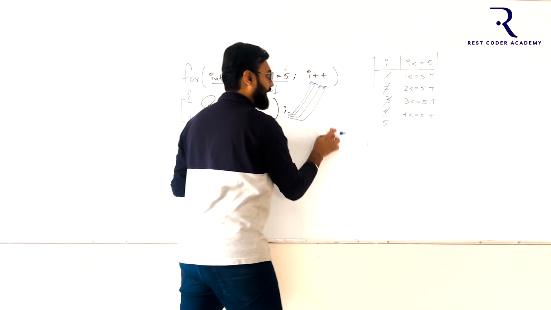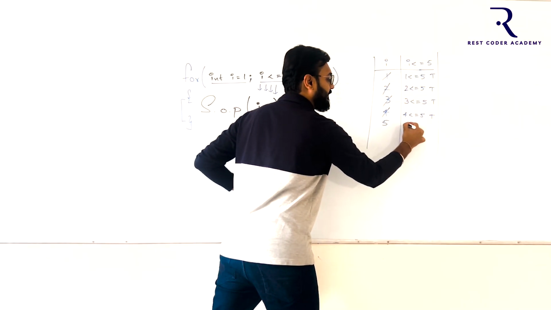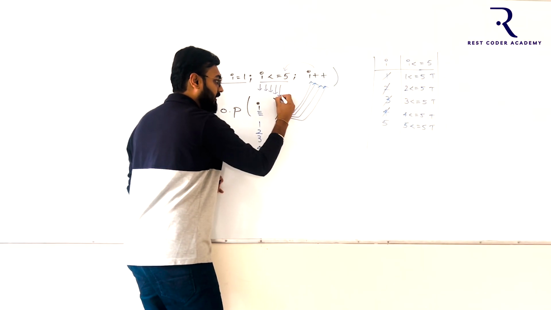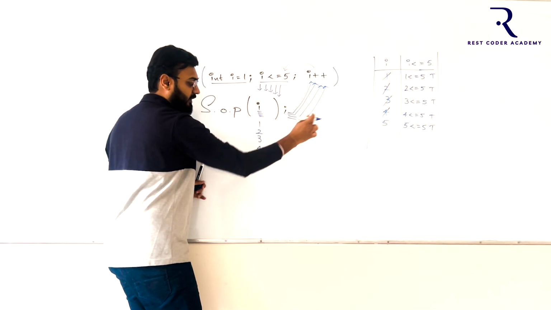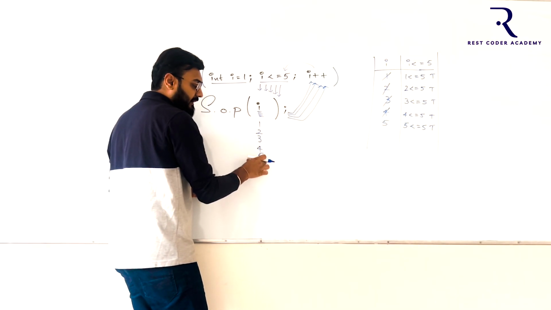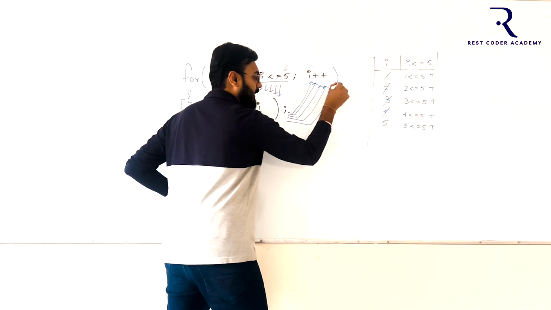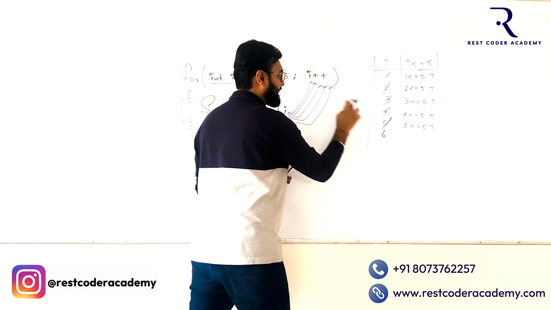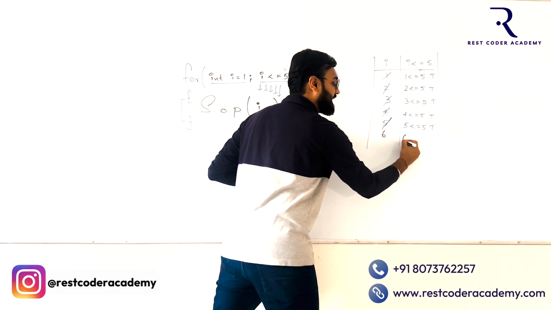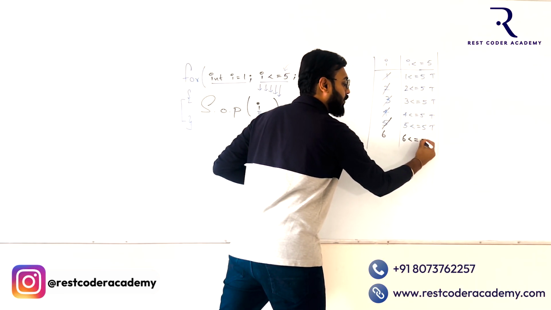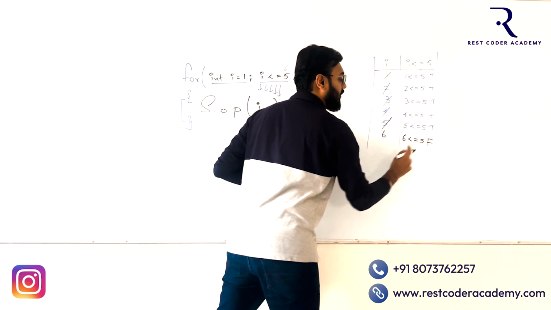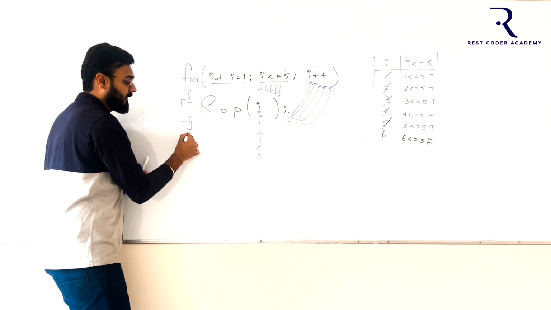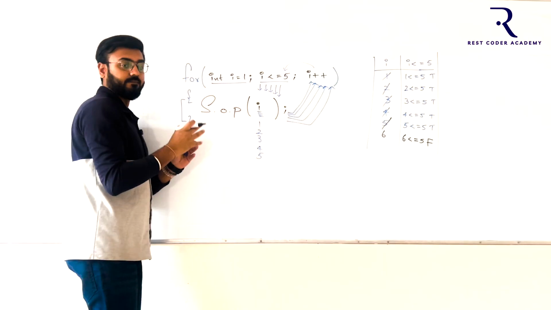The i value will become 5. Again check the condition. Is 5 less than or equal to 5? Yes, it's true. Again the control comes inside. I print the value of 5. After printing 5, again the control goes to i++. Finally, the i value changes to 6. Check the condition. Is 6 less than or equal to 5 here? It's false. Once the condition is false, the control comes outside the loop here, and this is about printing numbers